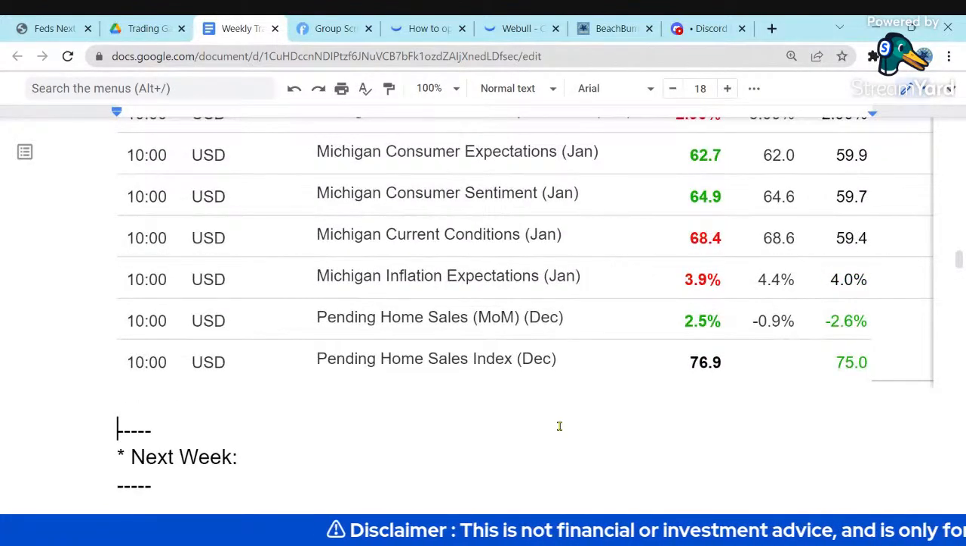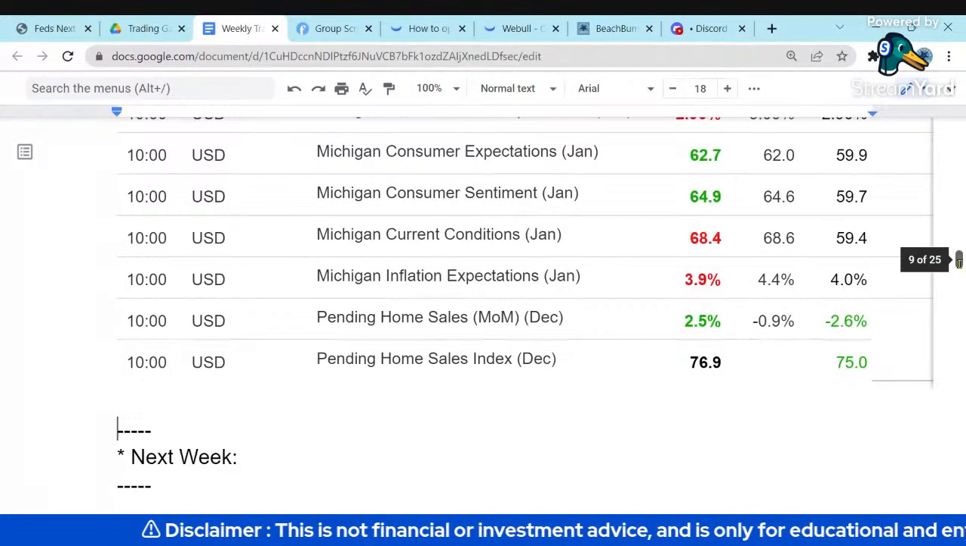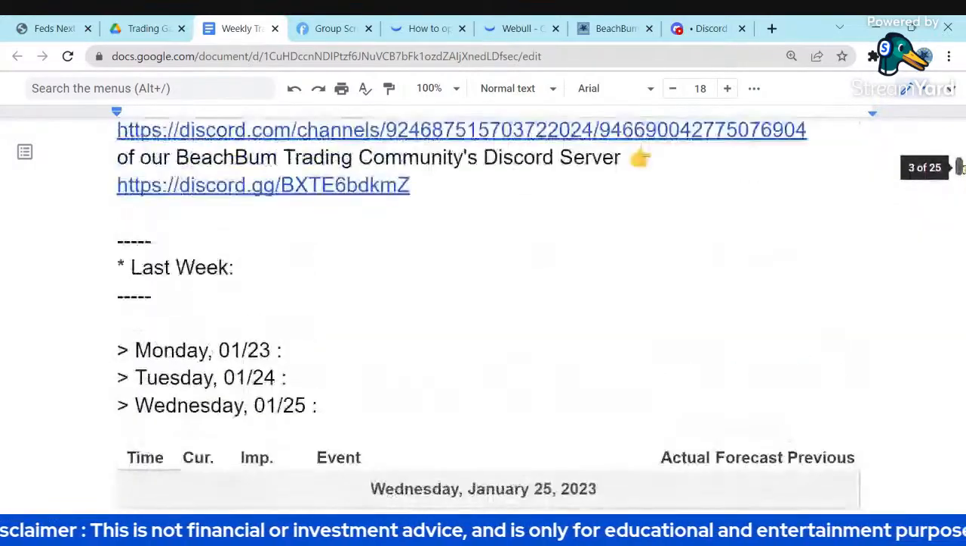I'll jump over to the investing.com economic calendar, see if we missed anything, and then we'll look at the calendar